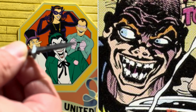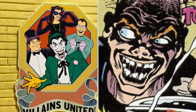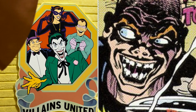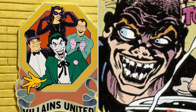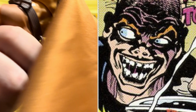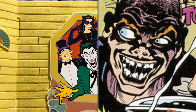Number eight, Cornelius Stirk. Probably a deep cut for a lot of you. He's featured in Nightfall. He is a Norm Breyfogle, Alan Grant creation. A villain I really like. I love all of their weird creations of that time. I'm a huge Norm Breyfogle fan, so I love all of those characters that they came up with that were just something a little different from the norm, something a little creepier, a little scarier,